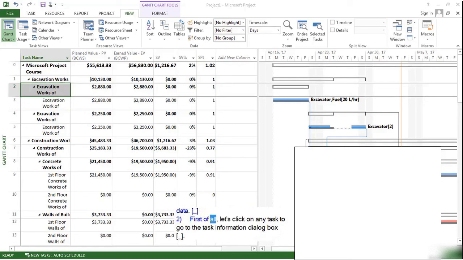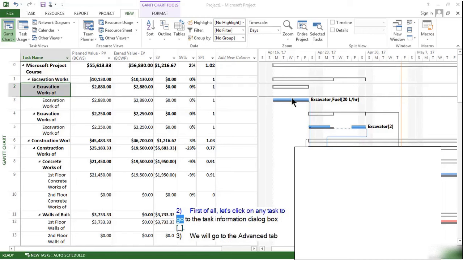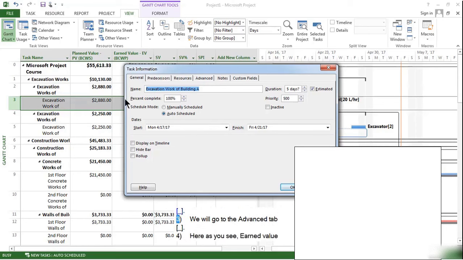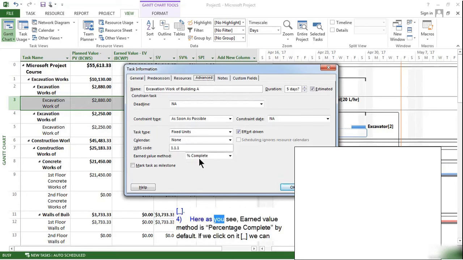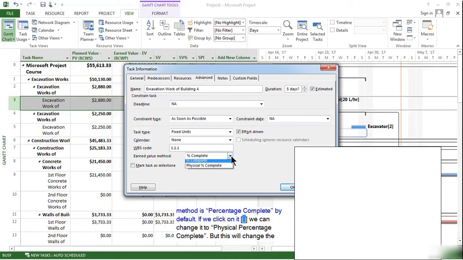First of all, let's click on any task to go to the Task Information dialog box. We will go to the Advanced tab. Here, as you see, earned value method is percentage complete by default. If we click on it, we can change it to physical percentage complete. But this will change the earned value method of this task only. It will not change the method for the rest of the tasks and for the new tasks to be added